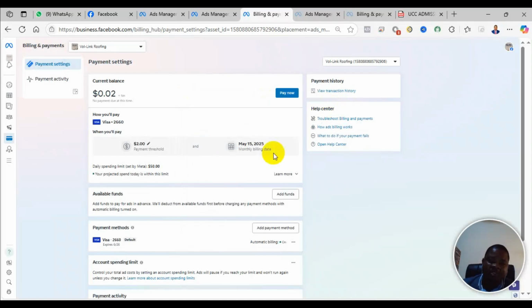will be added. And so when you add it, instead of them deducting directly from your bank account, they will deduct from the prepaid funds until that is finished. But remember, if the funds are finished, they will still try to charge from your existing payment method. That is it. So that is exactly how you can add prepaid funds to your postpaid advertising account on